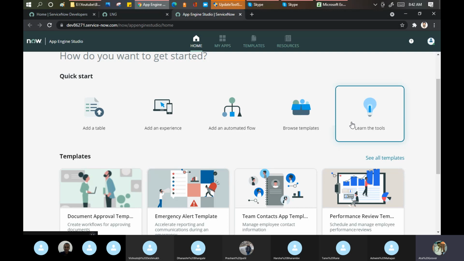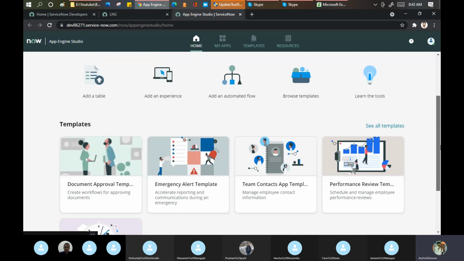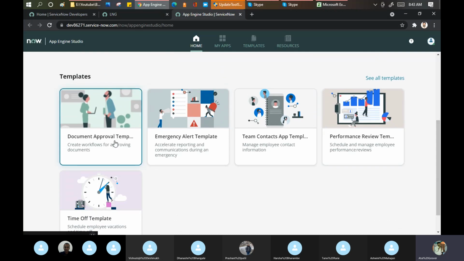Now ServiceNow is so smart, because you remember I use this phrase very frequently: low code and no code. ServiceNow says, why are you worrying? I'm giving you everything here. I am giving you the templates as well. Use this template. Why do you want to build your application from scratch?